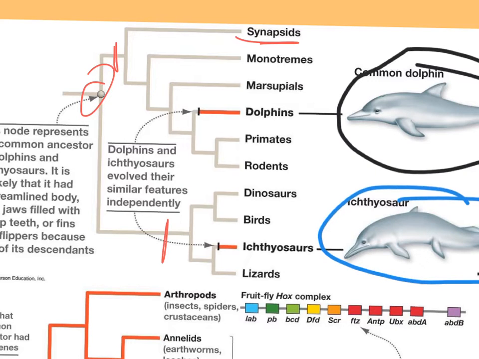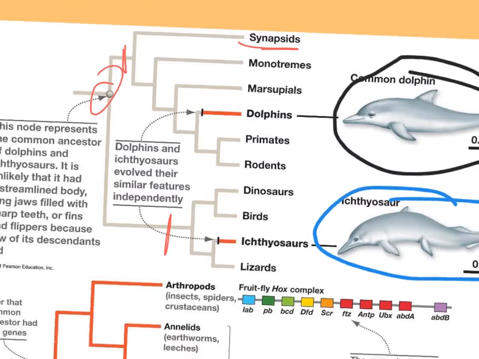And if we actually look at dolphins, we can see through time that that group came from a group of animals that are closely related to, let's see, artiodactyls, like horses and deer and things like that. And the same thing with ichthyosaurs. Okay? So, in this case,